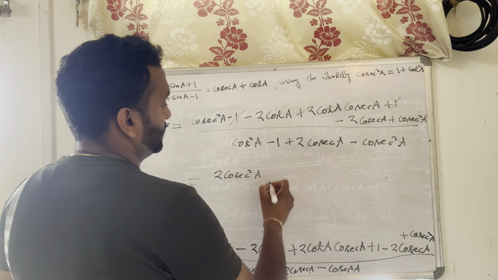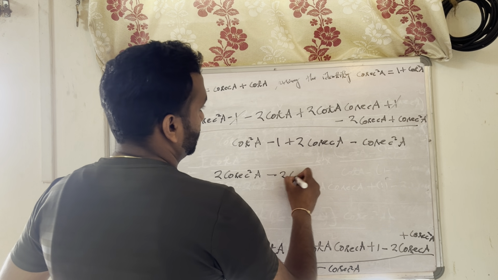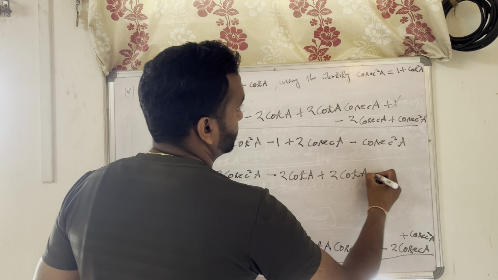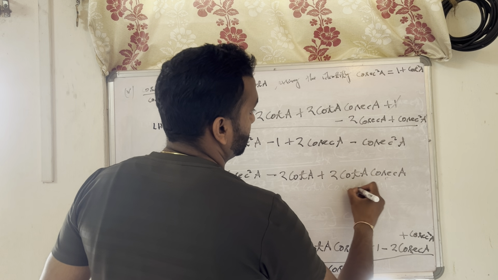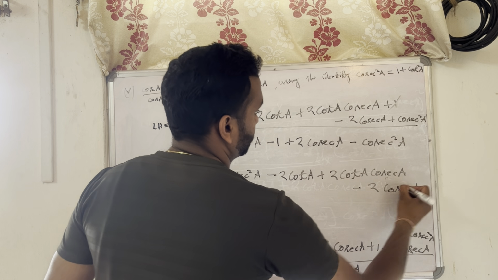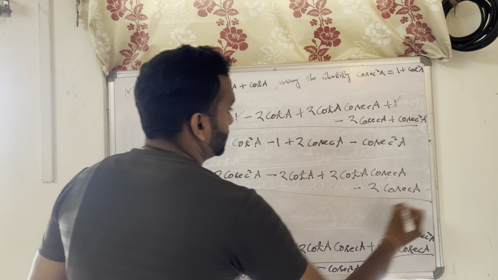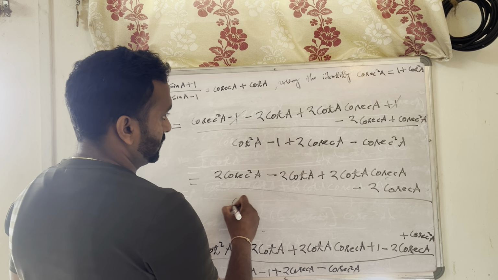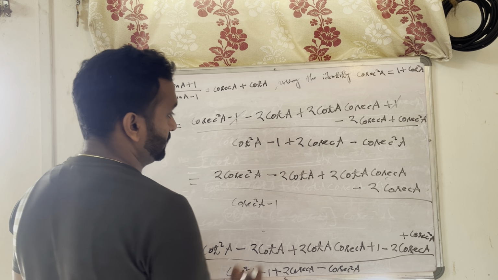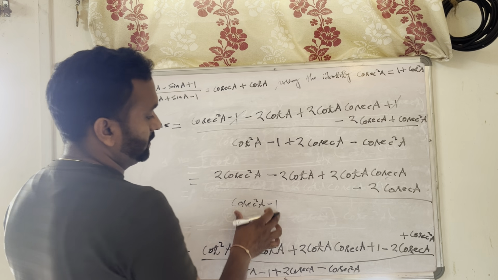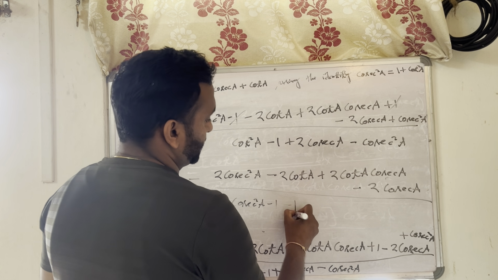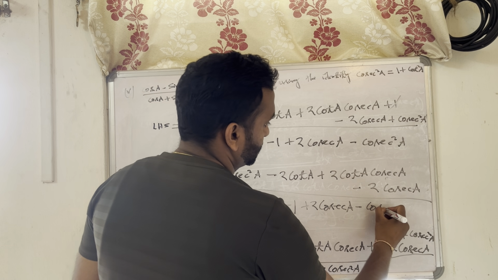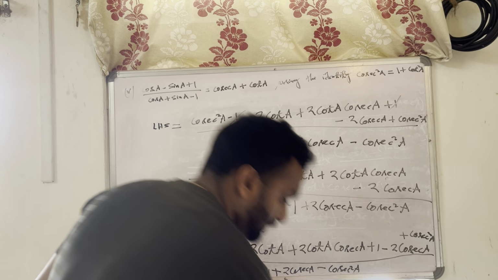Then we have here minus 2 cot A plus 2 cot A cosec A minus 2 cosec A. Then in the denominator also we can do that. Cot square A can be written as cosec square A minus 1. Cosec square A minus 1 for cot square A. Then here it will be minus 1 plus 2 cosec A minus cosec square A. Then further solving it,